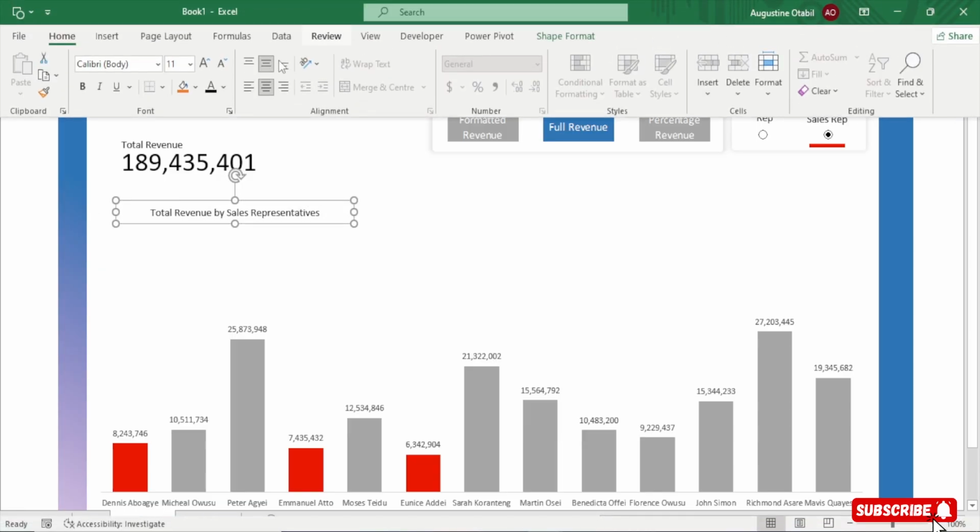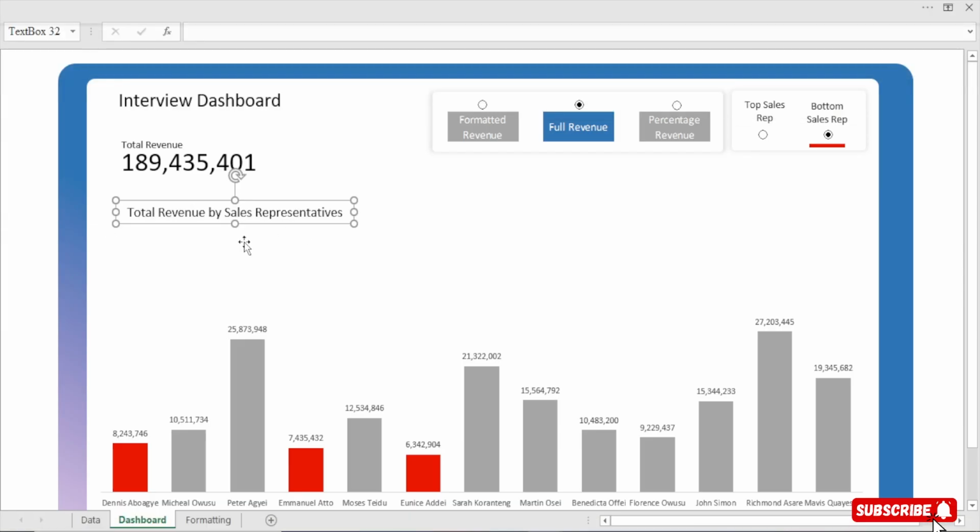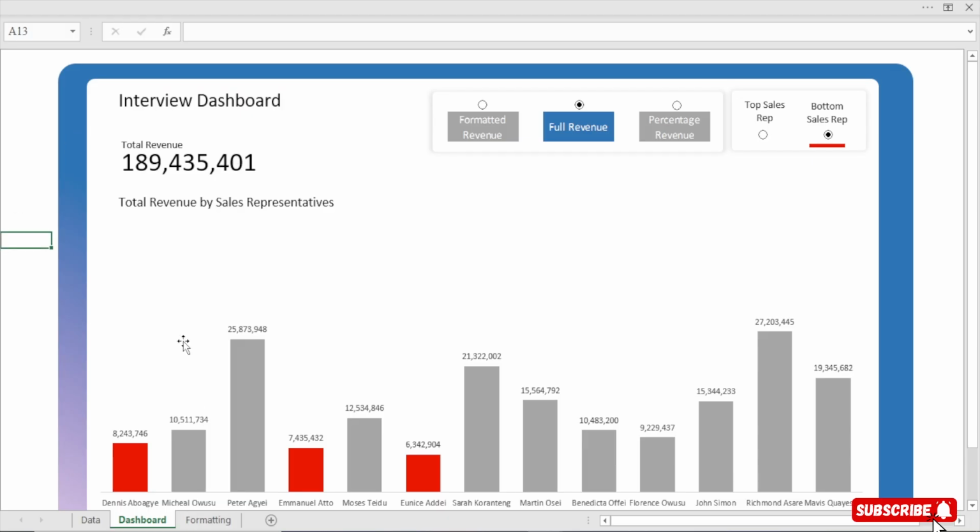Perfect. So let's make this one maybe 14. I think 14 is not bad. Oh yes, 14 is not bad at all. Perfect. So this is what we are doing, right? So it is left with what? The caption, right? It is left with the caption.